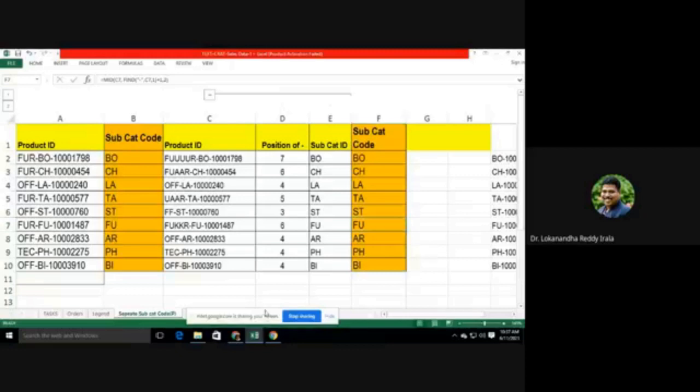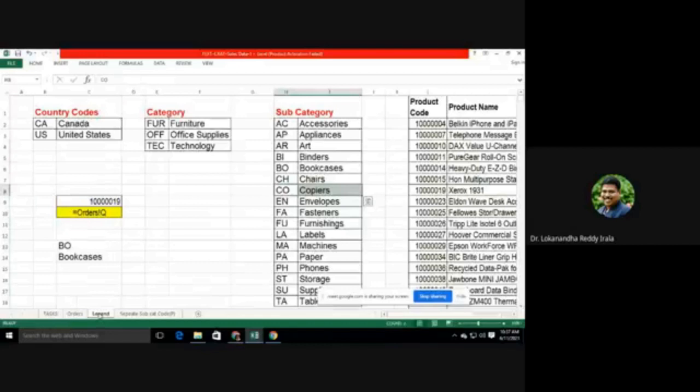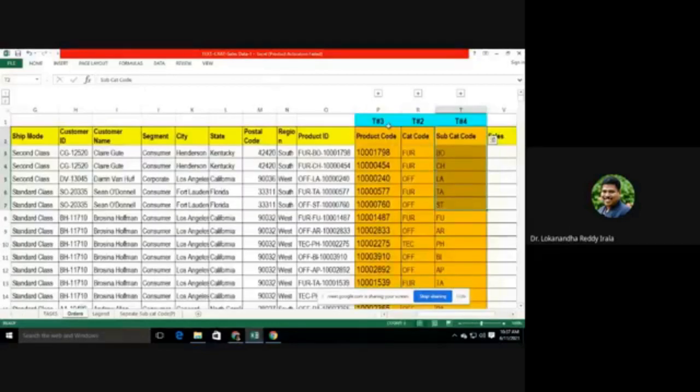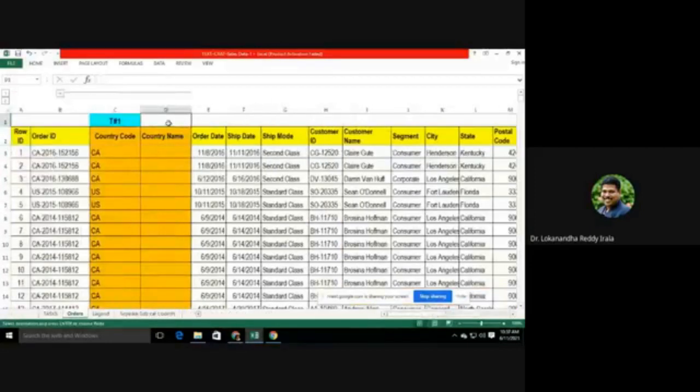Okay, then you have some more tasks here which are kind of repetitive in nature. These tasks basically want you to print the country name, print the category name, print the subcategory name, print the product name. Print the country name. This is your 11.